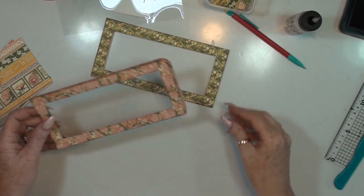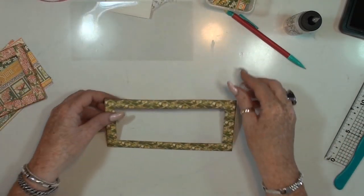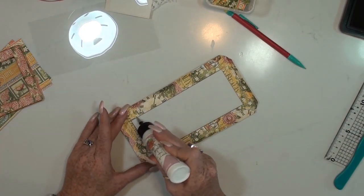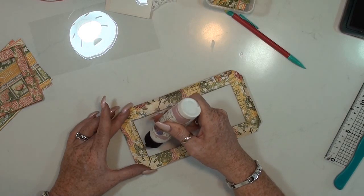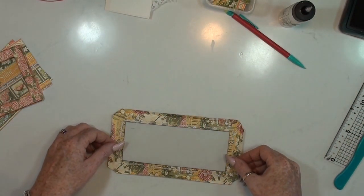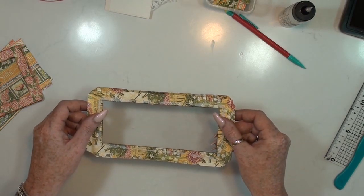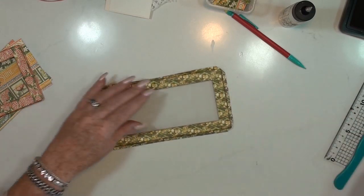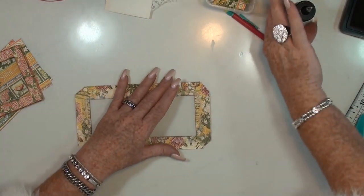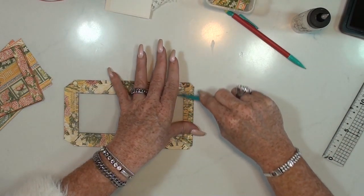Okay, I cut these two out, and for one I already did some acetate on. So the next thing is, of course, you are going to cut an acetate piece and then you glue it in. And I always like to be as close as I can to the edges which I just cut out. Place this in its place. Stay away from the fold lines. And we are going to glue one side closed over the acetate. That will be an easy entry